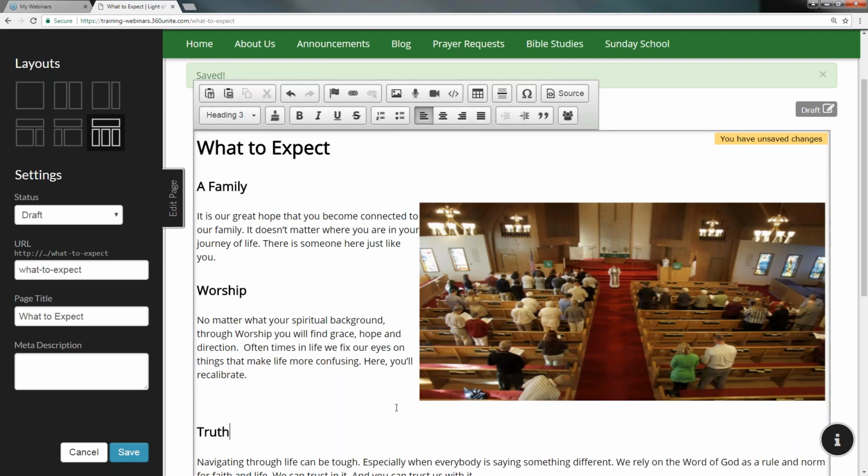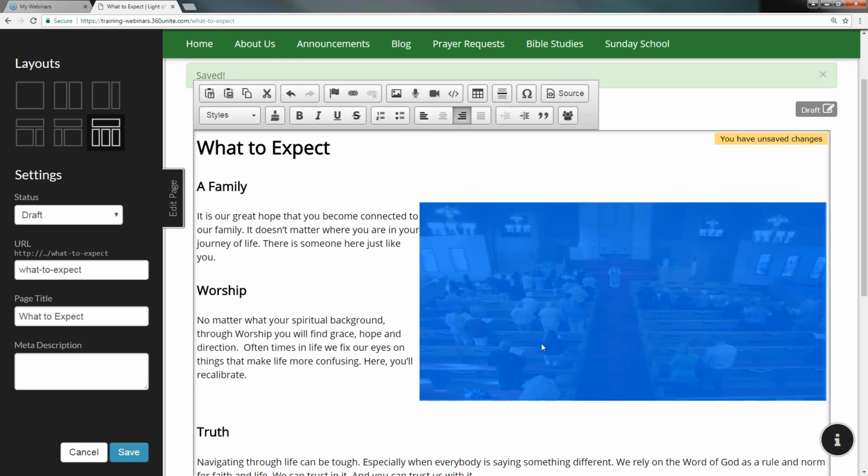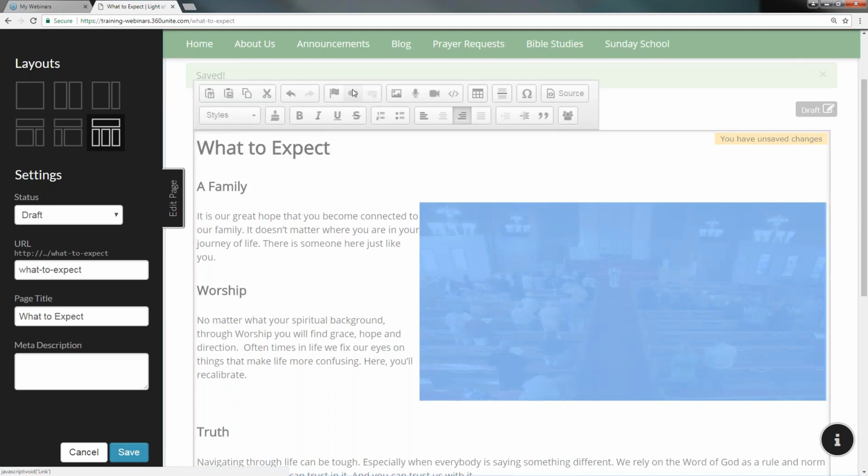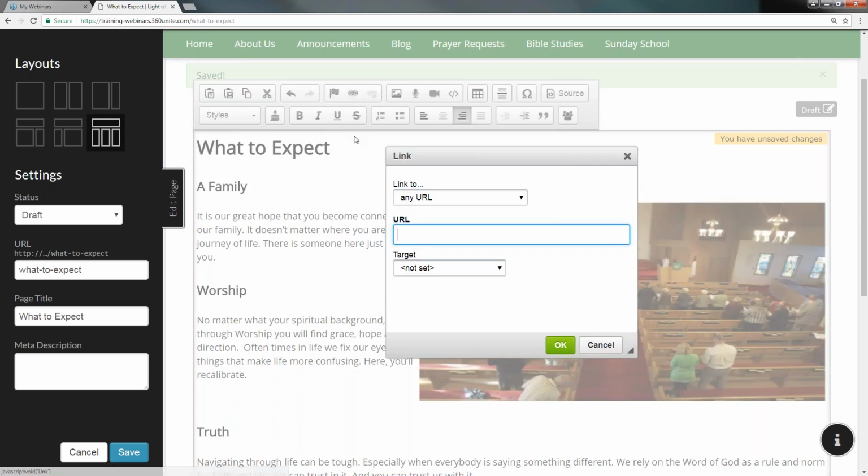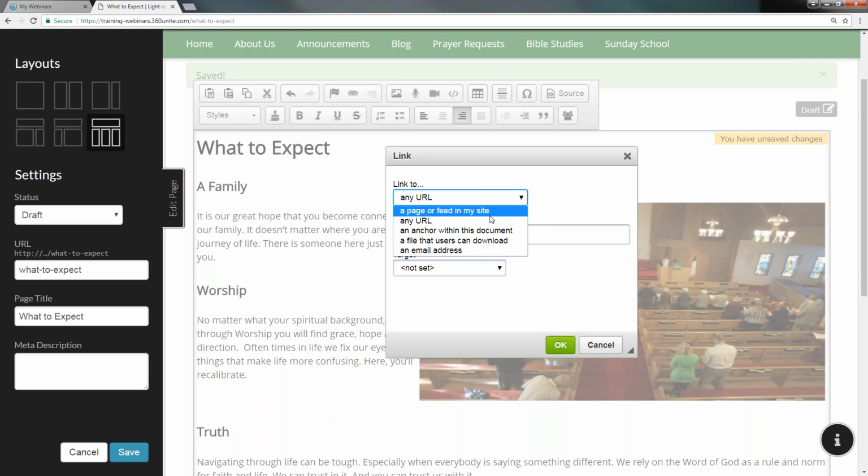Another thing that I'll be able to do is link this image to other areas in my website. So if I select it again and I come to my link tab here in WYSIWYG, and by the way, the WYSIWYG editor stands for what you see is what you get. I can click here on the link, and then I have some options of what I want to link this to. So I can link it to a page or a feed in my site, to any URL, an anchor within this document,